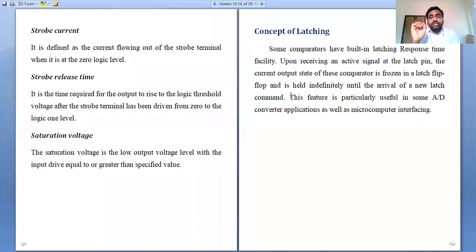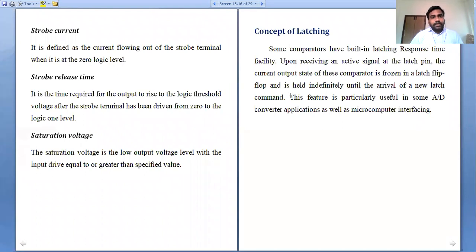What is the command? Whatever the output state may be, positive saturation or negative saturation, that output state has to be frozen. That is the peculiarity of this command. We can hold the behavior of the output stage at a specific instant of time through the concept called latching. Most of the time the latch pin is connected to the null pin, the seventh pin. In the configuration of the operational amplifier, the seventh pin is the null connection pin. In testing conditions, we connect the latch terminal to the seventh pin.